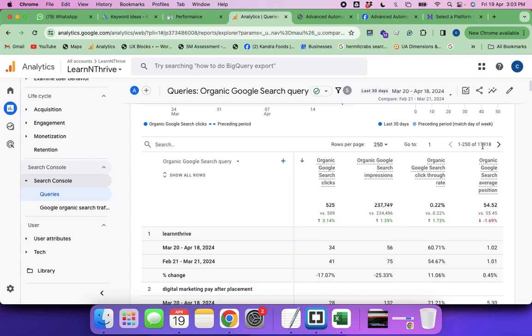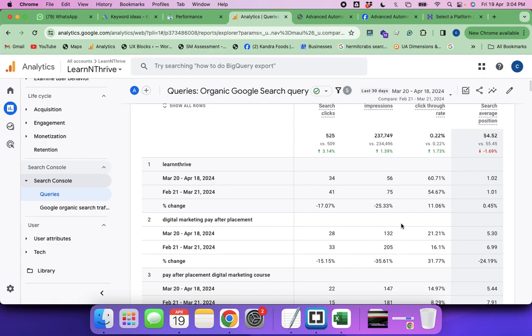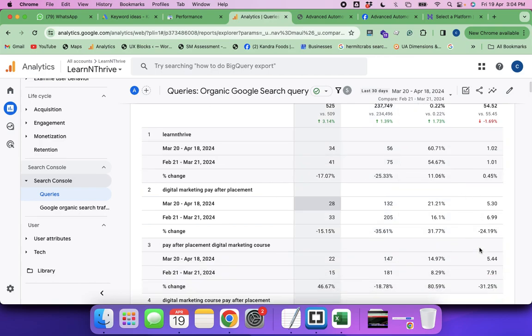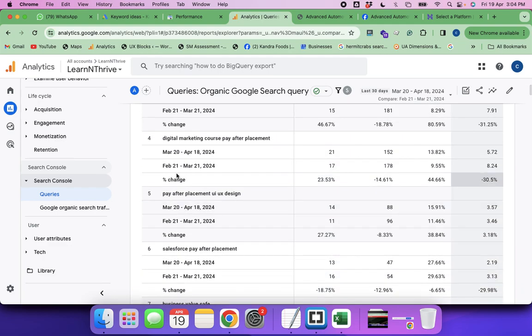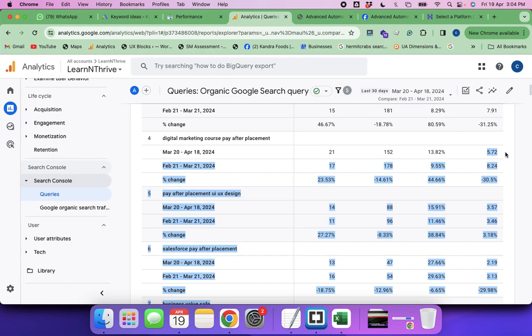See, this website is ranking for 18,000 keywords on Google. And now, this is helping you see in which position they are ranking. Do you see that here? Learn and Thrive is ranking in 1.02 position, digital marketing pay after placement 5.3, right? So previously, look at this. February 21 to March 21, it was ranking in 8.24 position, and now in recent times it has improved to 6th position. A very good improvement. One position improvement will give you significant progress,